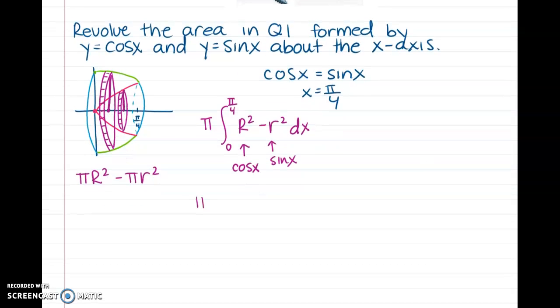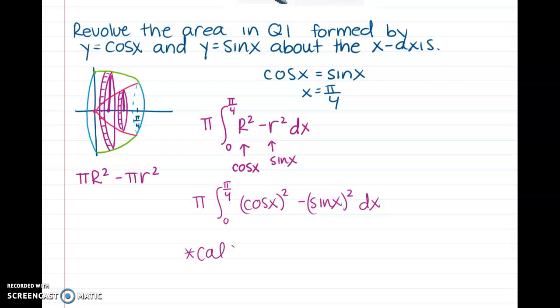So we end up with pi times the integral from 0 to pi over 4 of cosine of x squared minus sine of x squared dx. And from here, you can just use your calculator. And you will end up with a volume of 0.5 pi, or pi over